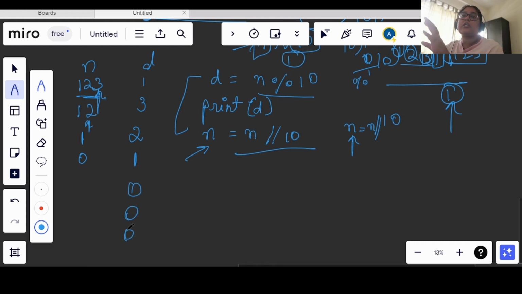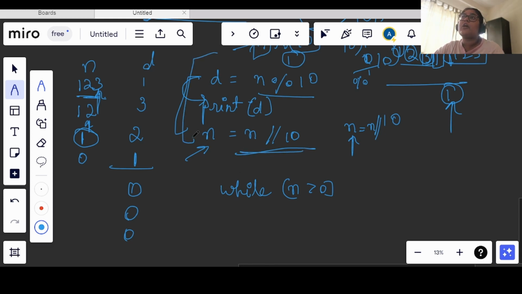I don't want that. In order to break out of the loop, we can check while n is greater than 0. Once n becomes 0, it will break out of the loop.